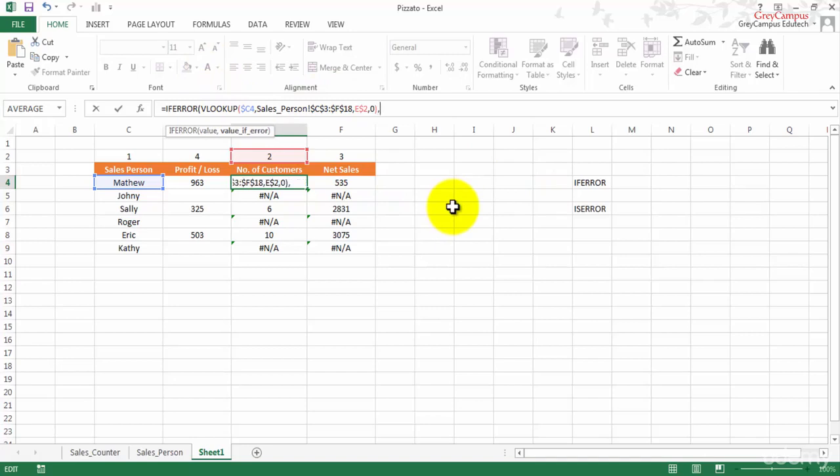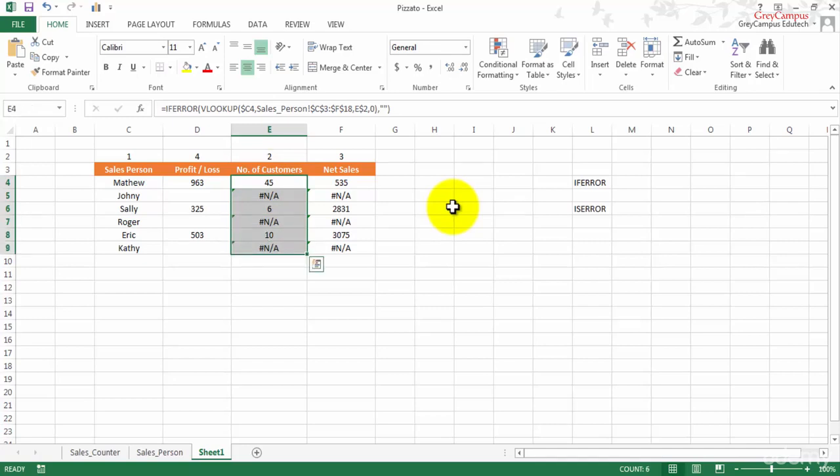Then it says, okay, fine. If I get an error, then what to do? So I have to put the value if error. I just need to put it as blank and close the bracket. There is only one additional pair of brackets, since the VLOOKUP bracket was already there. Now if I simply copy it down, it gives me the same output. So ISERROR and IFERROR in this particular example give me the same output. Since IFERROR is very easy to understand, I will go ahead with IFERROR and copy this to the right-hand side.